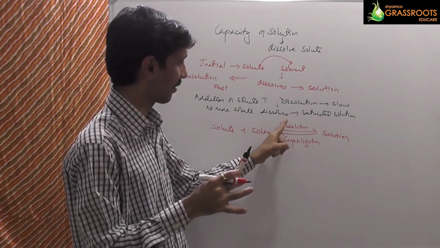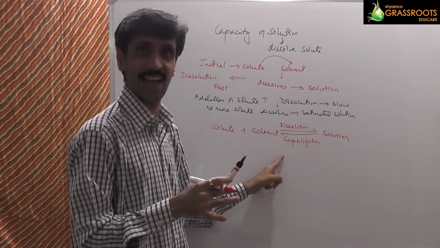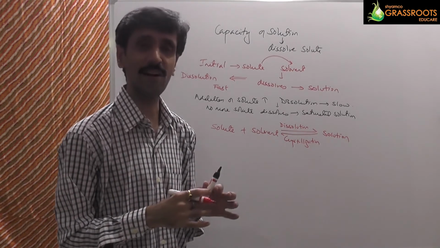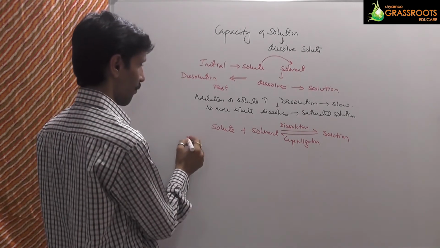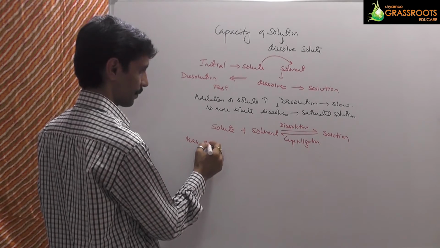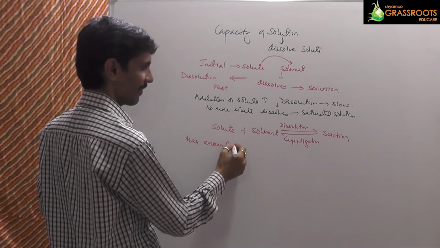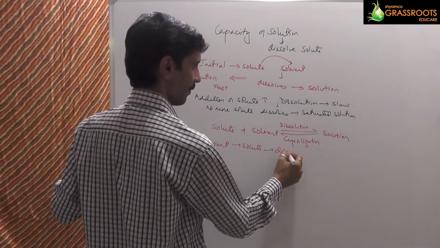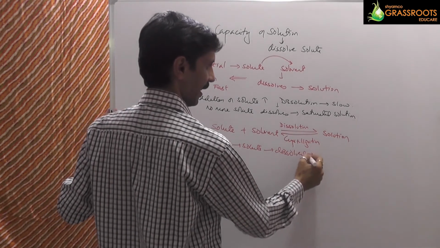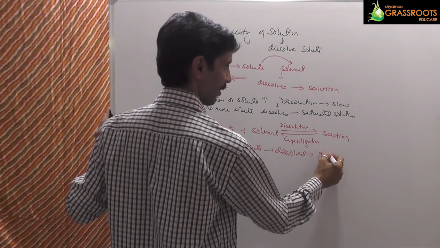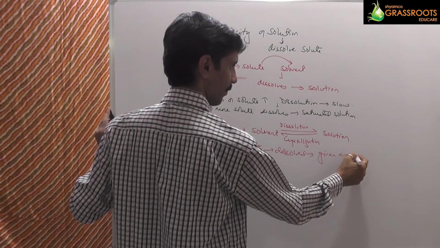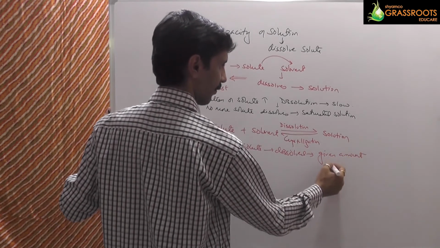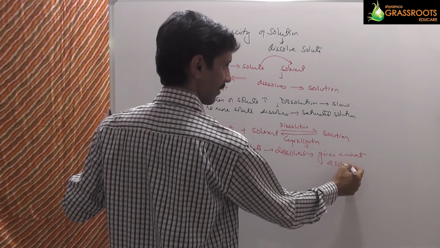Reach between dissolution as well as crystallization, and that particular process is called as saturation, yani maximum amount of the solute which gets dissolved in the given amount of the solvent. देखो ये भी बहुत इंपॉर्टेंट है दोस्तों, in the given amount of the solvent, क्योंकि अगर सॉल्वेंट का अमाउंट मैंने